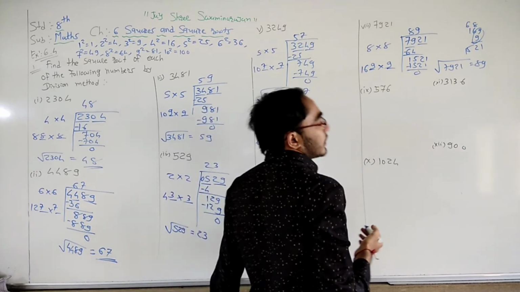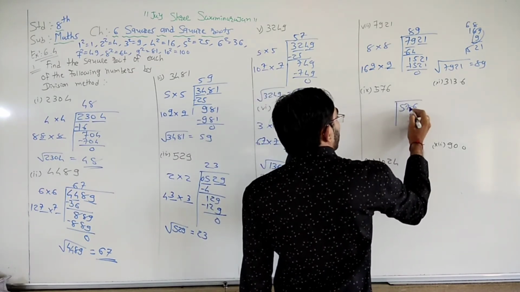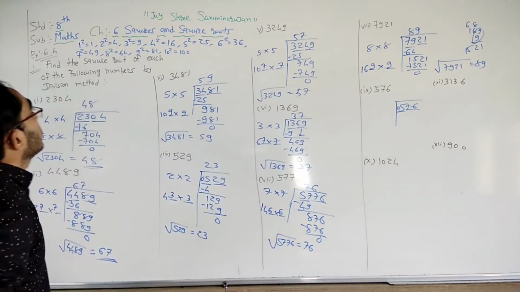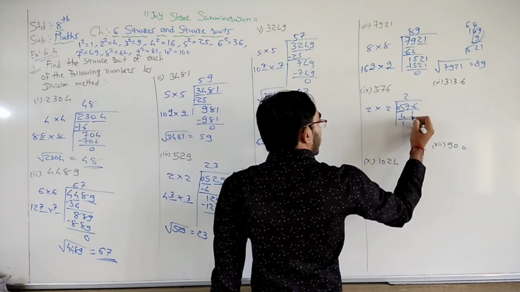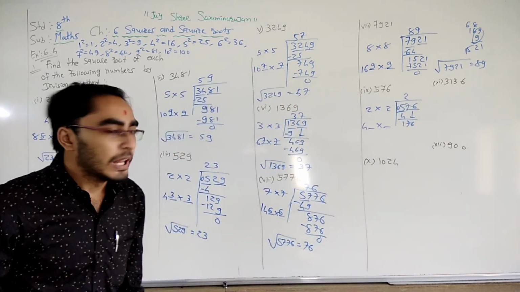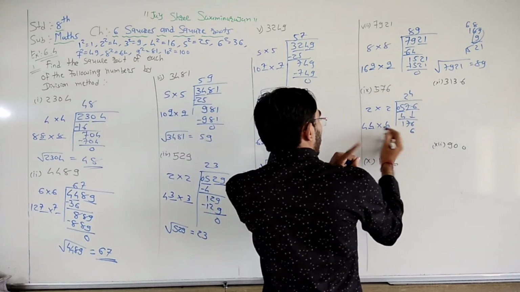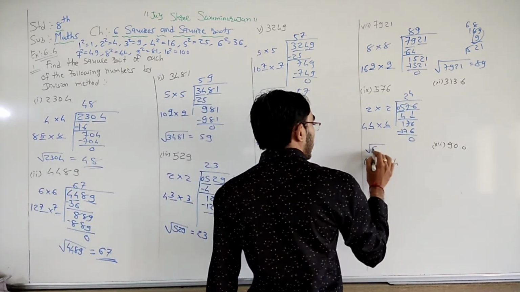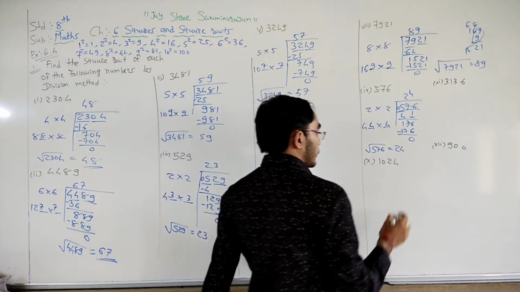After that, 576. We know that 576 is the square of 24. First of all, make pairs of 2 digits, and here put 1 0 so it becomes 2 digits. First of all 5. 5 lies between 4 and 9, the smaller number is 4, so 2 times 2 is 4, 1 remainder, now 76 comes here, 2 into 2 is 4, 1 space blank, 1 space blank. Now put the digit 4 here. 4 4s are 16, 1 remainder, 4 4s are 16 plus 1 is 17, so it becomes 176. So the square root of 576 is 24. After that, here 1024.